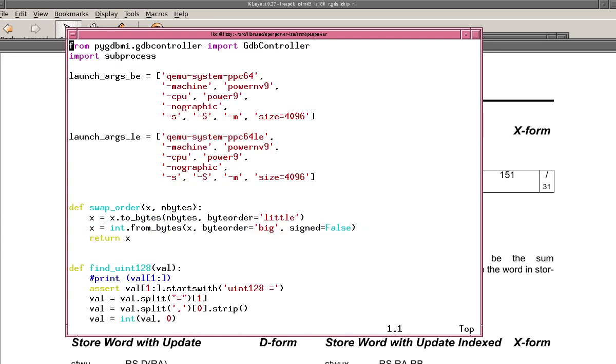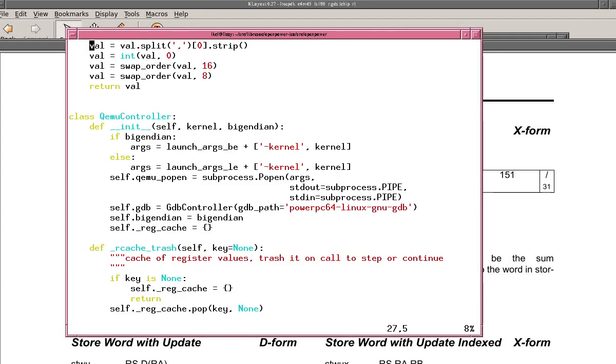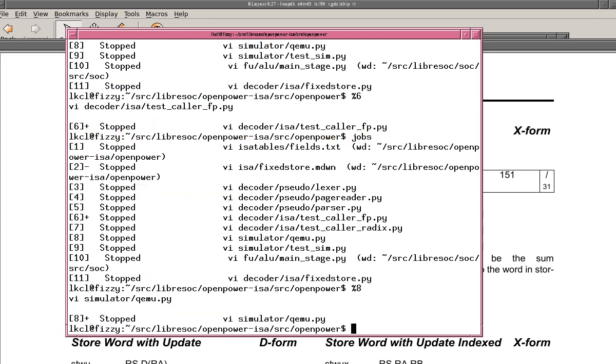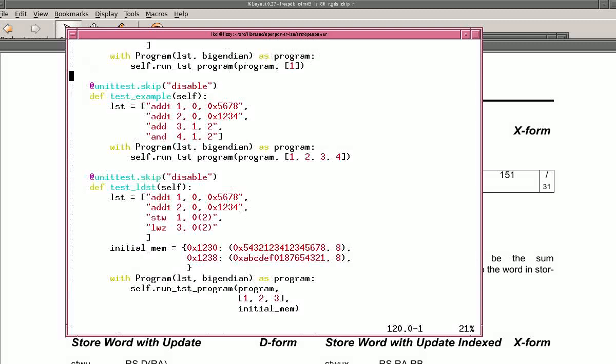And here are the arguments for running little endian or big endian, no graphics, and start it up, and then upload the exact same compiled program to QEMU, and then upload memory. So we do the exact same thing: upload some initial memory values, run the program, and then check the registers afterwards. And in that way we can do co-simulation side by side of QEMU with our simulator,